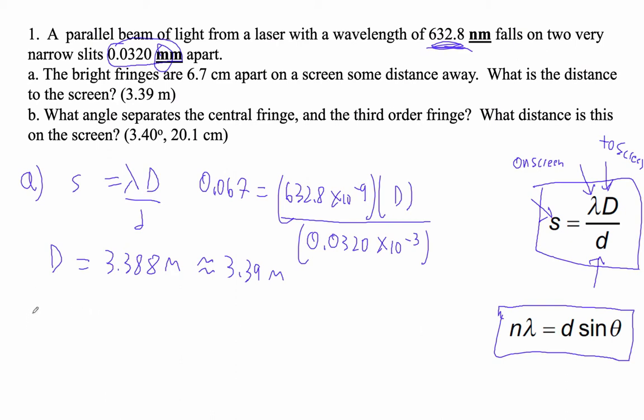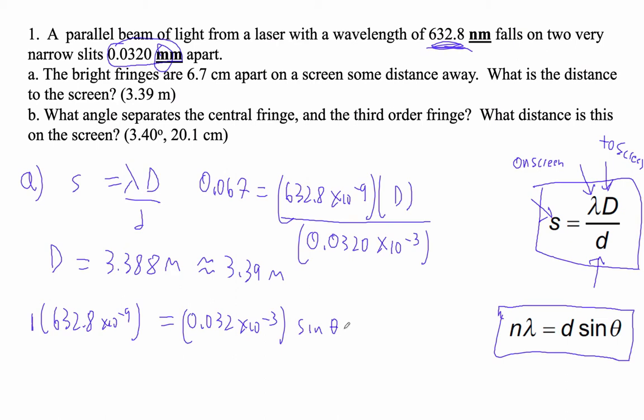So we'll go 1 times 632.8 times 10 to the minus ninth, right? That equals 0.032 times 10 to the minus third. That's our little d, times the sine of that angle, right? Because I know you don't believe that the sine of the angle actually equals the angle at small angles, but it kind of really does. Okay, so if I want to find that angle, I'm going to go second sine,